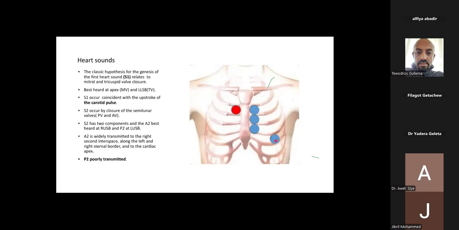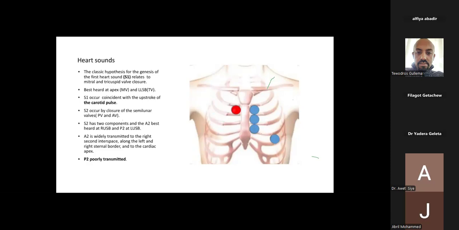So one check you have to do: this is the aortic area, S2 is loud here in the right second intercostal space. S2 is louder than S1, remember. Here in the tricuspid area S1 is louder than S2, and the apical area is the same. Okay, so you have to say that sound is loudest at the area of the source of the sound. The other thing, since in the aortic area S2 is louder than S1,